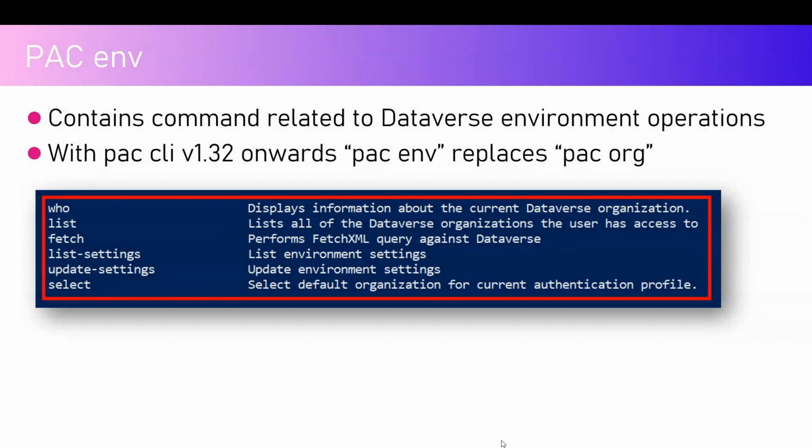Now, pac env has various parameters. There is who, list, fetch, list-settings, update-settings, and select. pac env who displays information about the current Dataverse organization. pac env list lists all the Dataverse organizations the user has access to. pac env fetch performs a FetchXML query against a specific Dataverse table. pac env list-settings lists the environment settings. pac env update-settings updates the environment settings, and pac env select will select the default organization for the current